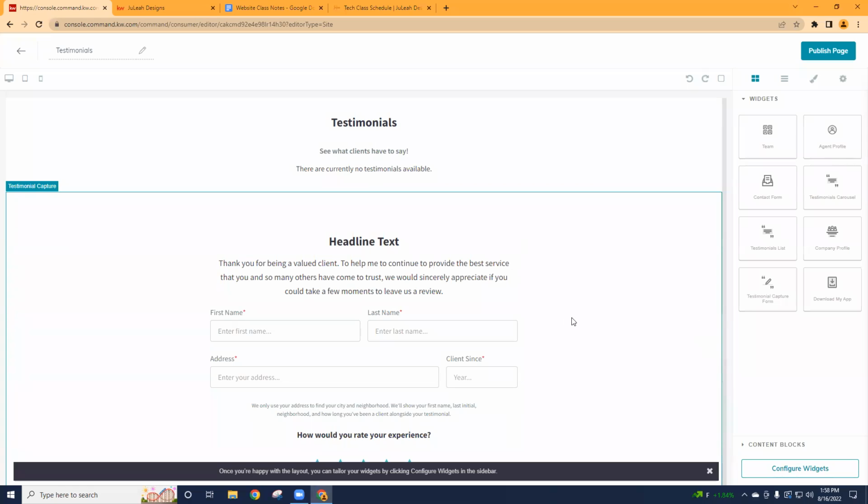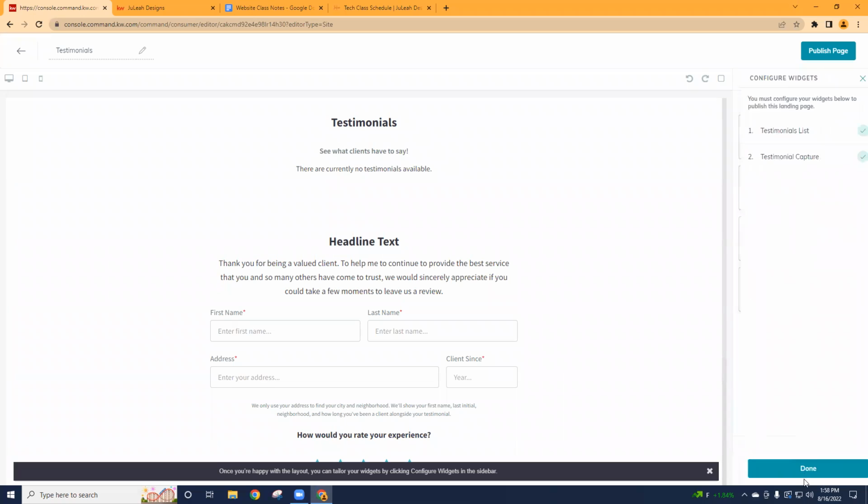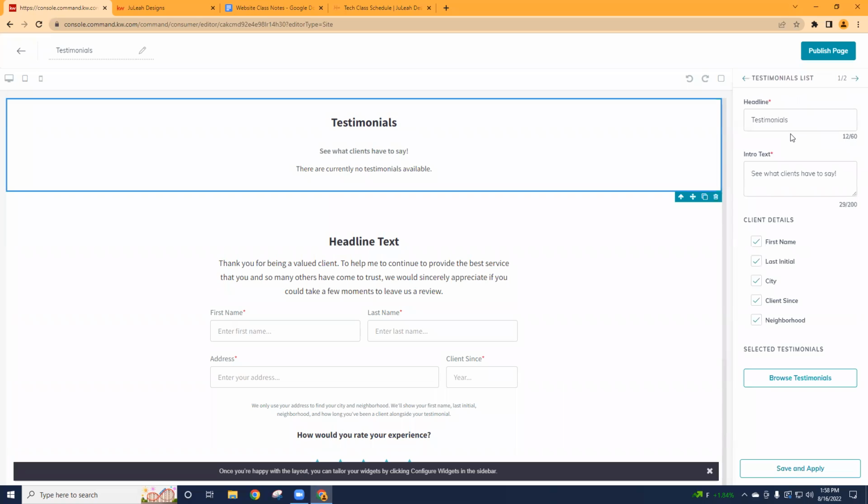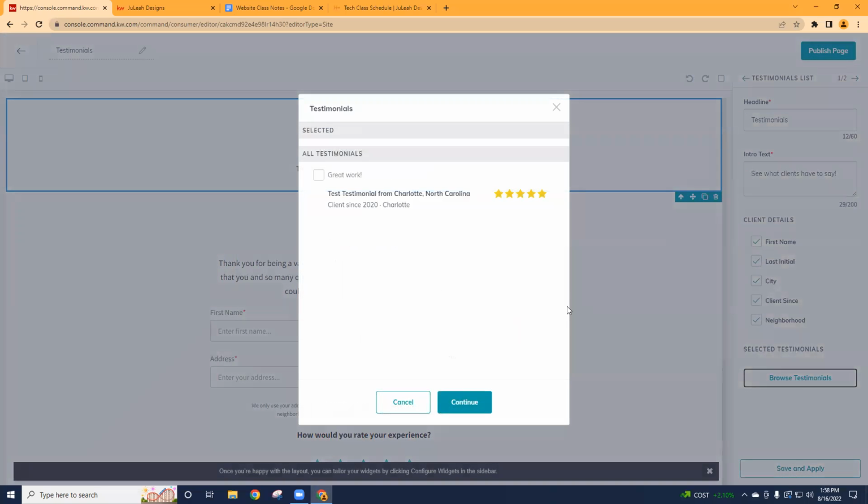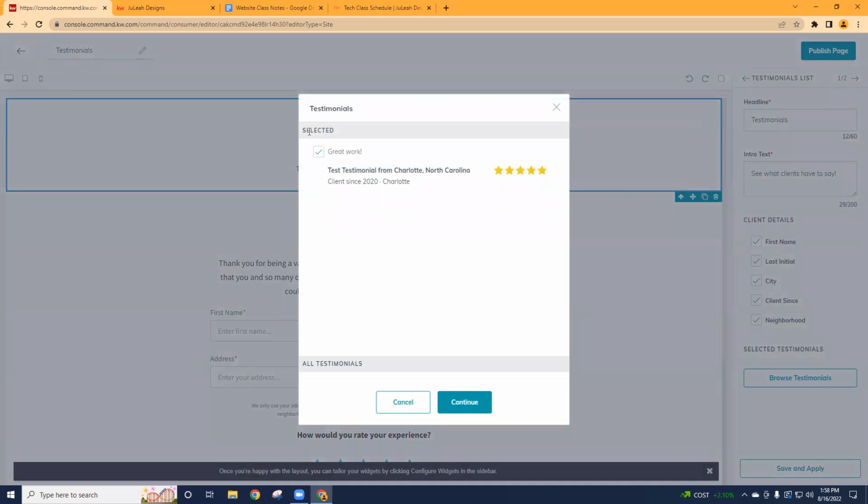So hopefully this works even though this capture form is glitching. But what you do is go to configure widgets in the bottom right. And again, we're going to want to reconfigure the list widget. And now when you go to browse testimonials, yay. Your testimonial that they just submitted will display, and you'll have to just check it to get it to be